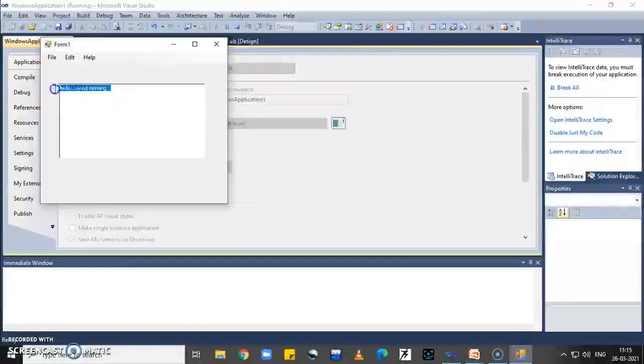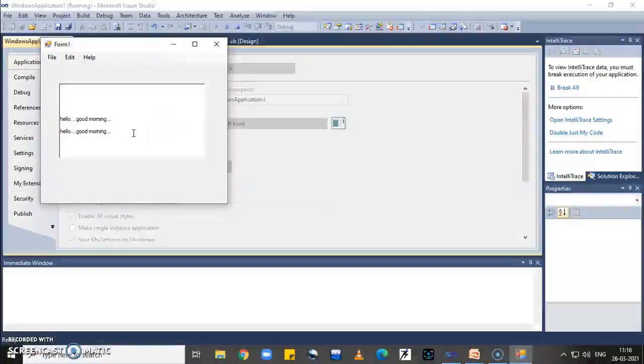I write some text, then this text is selected and I press cut. Now in this place, I just press Control V. So my text is pasted here. Similarly, some text is selected, then I press Control C, which means copy is done, and after that I press Control V. So my text is copied.